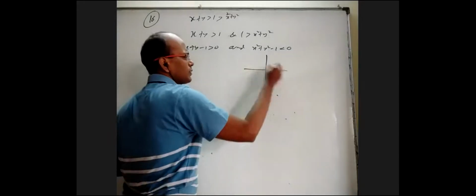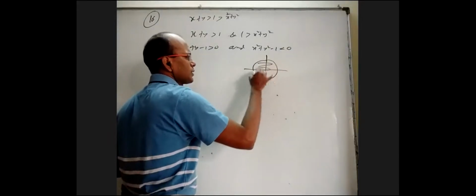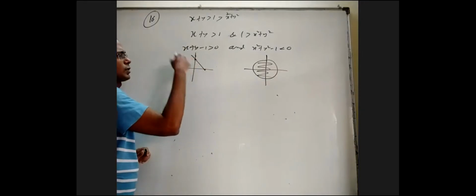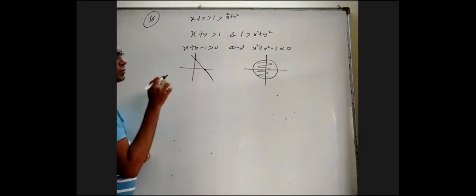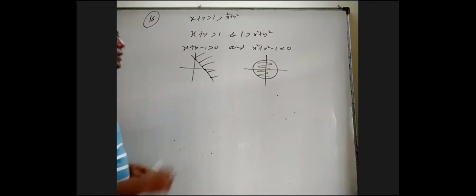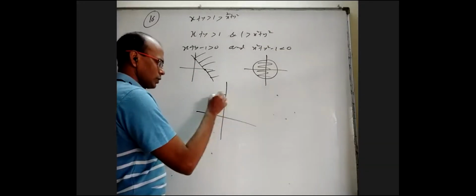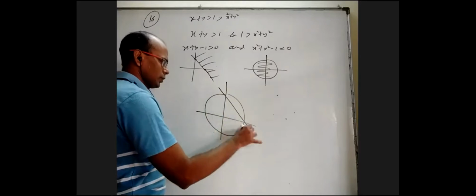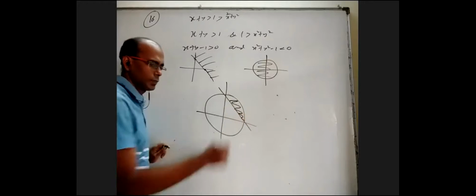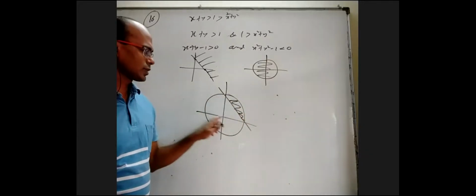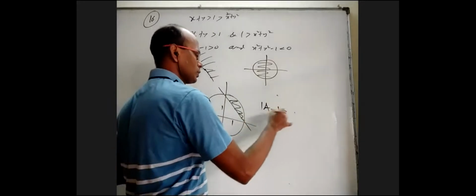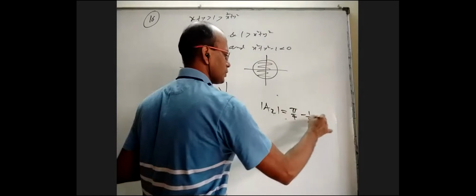This alone is a circle with center origin and radius 1 and everything inside that. This alone is the same line passing through 1 comma 0 and 0 comma 1, but now greater than 0. Origin will not satisfy the other side. It is like this. When you take both intersection, circle is there and the line is there. We want the right side of this line, but inside the circle, which is this region. Again, it is the same quarter circle minus this triangle. This is 1 unit, this is 1 unit. So mod A2 is also pi by 4 minus the triangle, which is the same as mod A1.